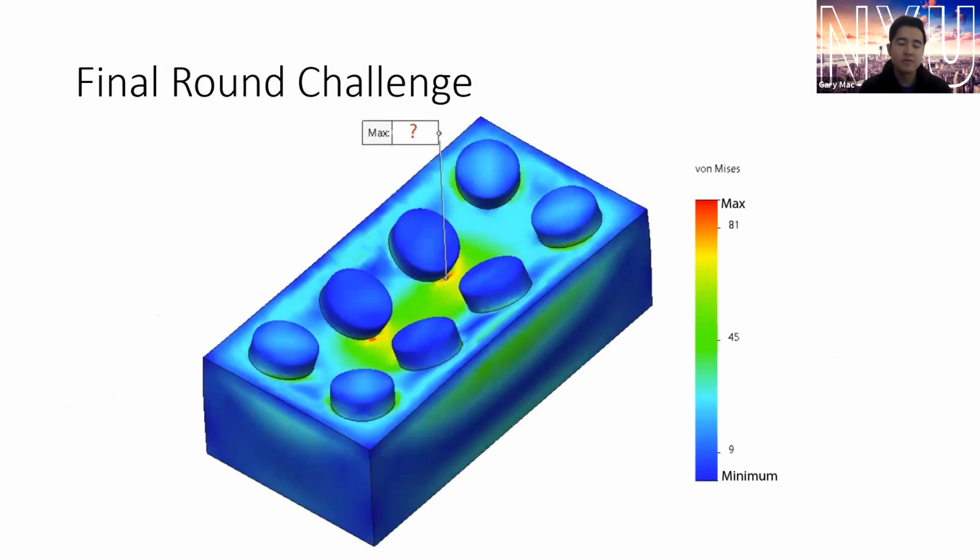If you're not familiar with a VRML file, it's a virtual reality modeling language. And it can be viewed in a viewer as well as opened up in a text editor. And the challenge here is to be able to determine the maximum stress from the VRML file, which has a lot of information that's not given within the file. As you'll see later on in the presentation, for this brick design, the interior bottom is missing some features.